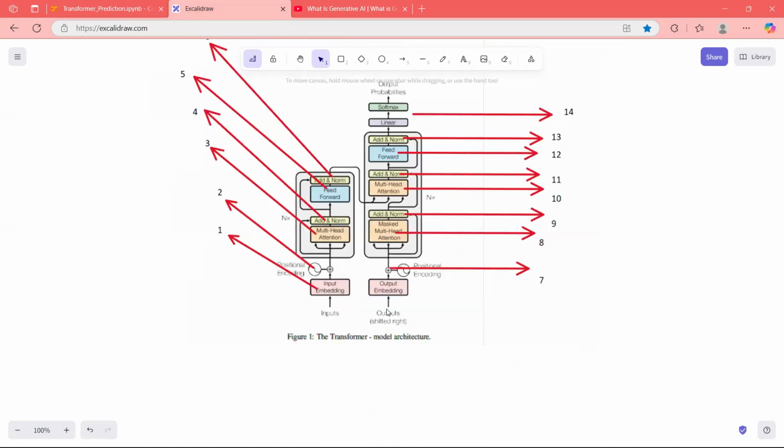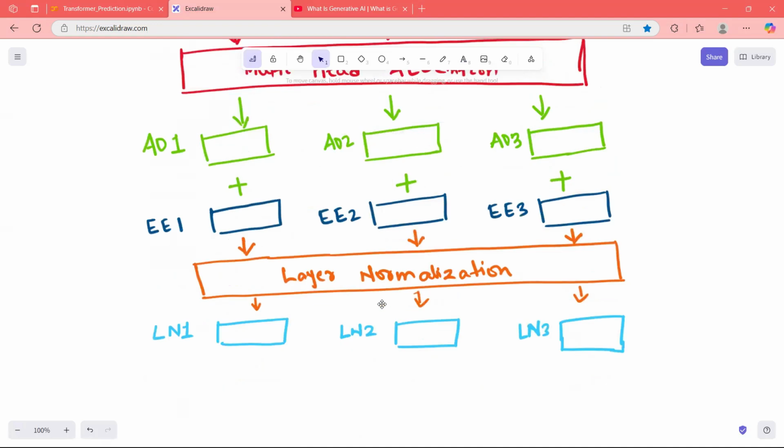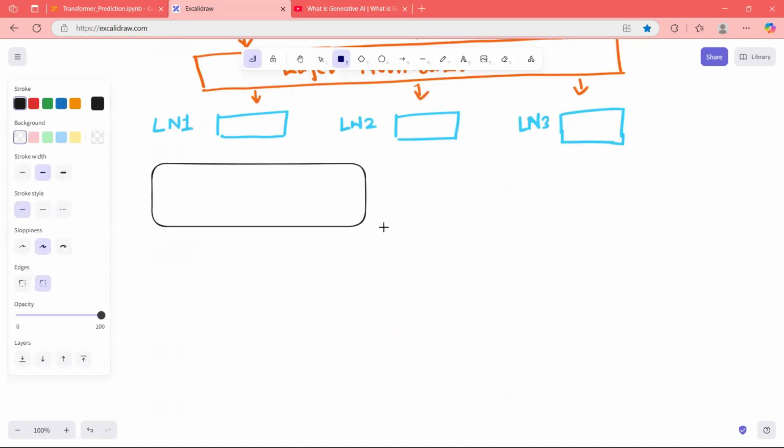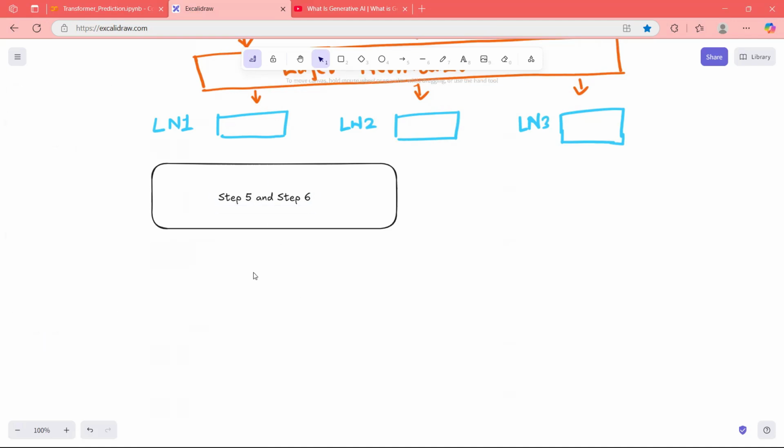So what is step 5 and step 6? Basically a feed forward neural network and again add and norm. So I will write here step 5 and step 6. What is step 5 and step 6? If I have to represent that in a picture again, step 5 and step 6 also will be basically